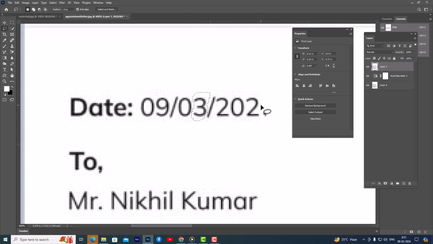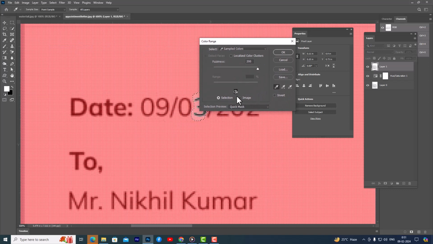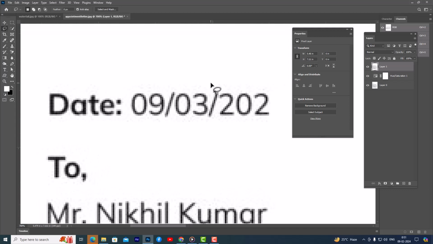Right. The next thing we are supposed to do is we will just right click inside this selection, and if we want only the 3 and we don't want this white background that is surrounding the 3, there is one more thing that we can do. Here we can go to select menu, and here we have the option color range, and we can just see here. But the issue over here is it's not just selecting the 3, it's also selecting some unwanted objects. Let's cancel it. Let's do one thing. Let's remove the selection first, and we will just zoom into the image properly,